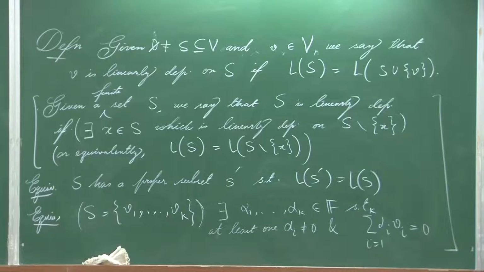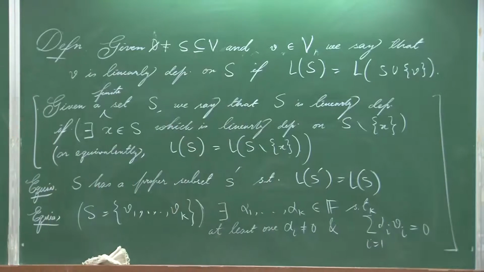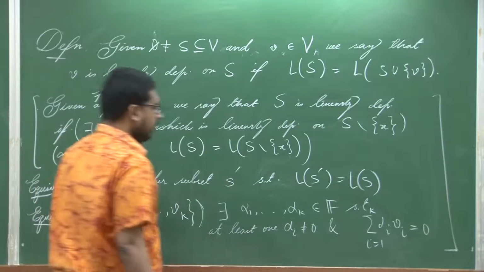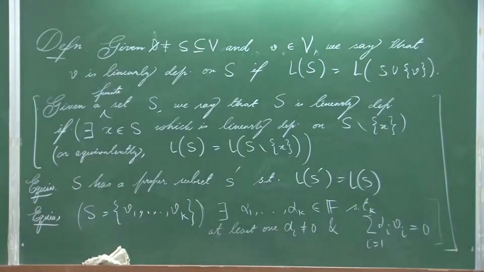The third is purely in terms of linear combinations. While checking whether a given subset is linearly dependent or not, we will see that this one becomes more useful,